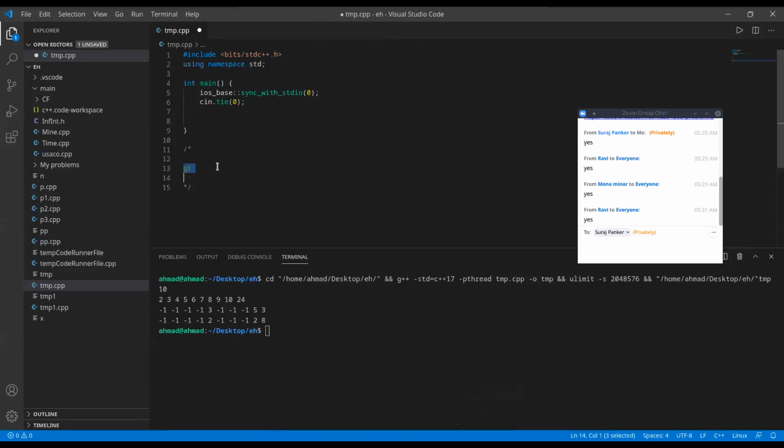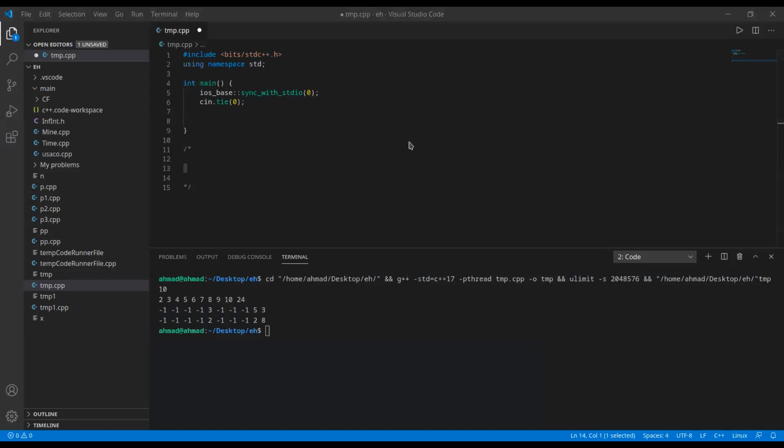Did everyone understand the problem correctly? Yes. Any ideas how to solve this problem, or no ideas from anyone? Okay, so you seem to understand it.